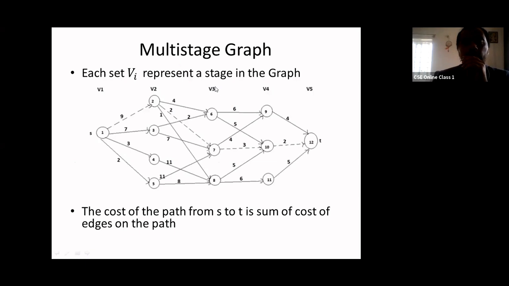So if we take an example, if we want to find out the cost of stage 3 vertex 6. Vertex 6 is connecting to vertex 9, that is stage 4, and similarly vertex 6 is connecting to vertex 10. Now the shortest or least cost of vertex 6 of stage 3 is the connecting cost from 6 to 9 plus the shortest path from 9 to sink. So the shortest path from 9 to sink is given in this form, that is cost of I minus 1.